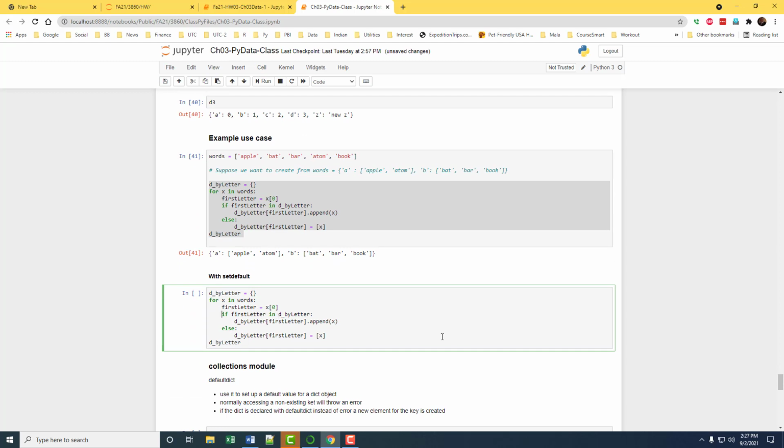Now, instead of this checking, instead of these 4 lines of code, we peel off the first letter.